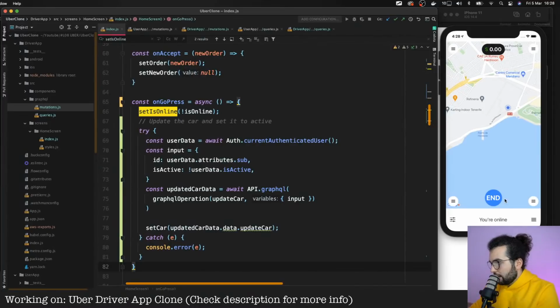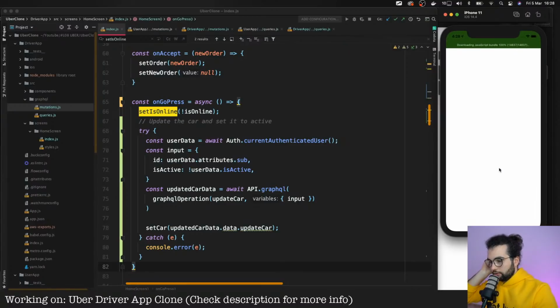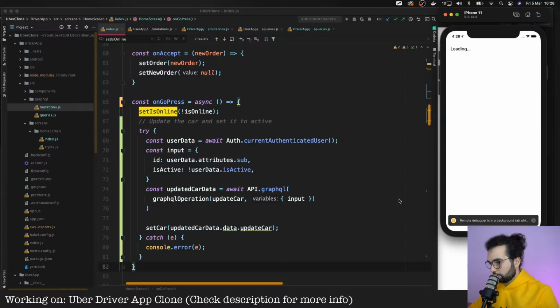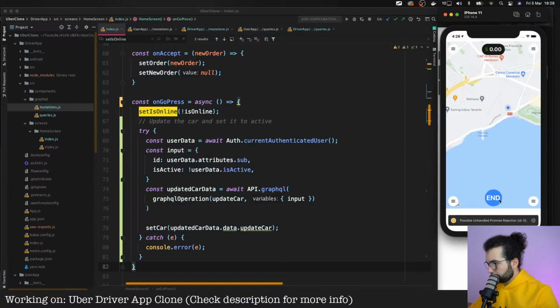Let's save. And now if we press end, it doesn't do anything. But if we refresh and do it again, setCar, yes, should be. Decline order. Let's press on the end.